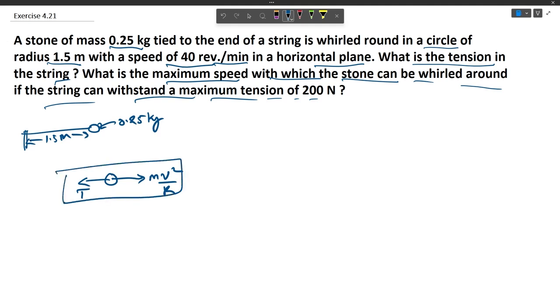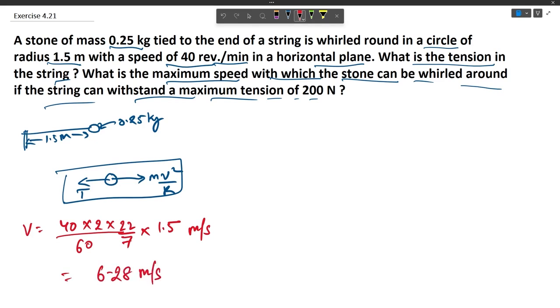We have to just find out the velocity, which is given in revolutions per minute, so we will convert it into meter per second. So let us first convert the velocity in meter per second. It is given 40 revolutions, meaning 40 times 2 pi r divided by 1 minute, which is 60 seconds, meter per second, and this will give a value of 6.28 meter